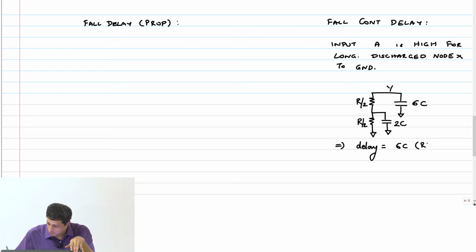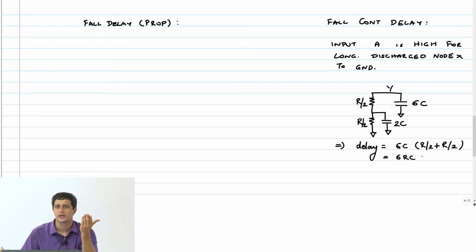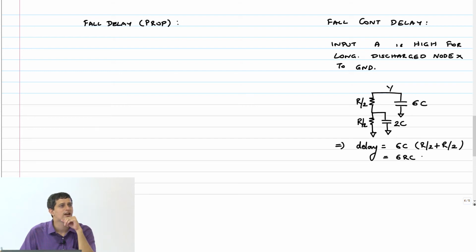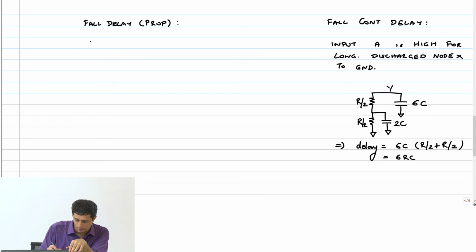And therefore the net delay will be 6C into R by 2 plus R by 2, which is 3RC. You apply the same thing that I gave in the quiz, initial condition where instead of 3 by 4 VDD, you make that ground. That capacitance term will just vanish, right? But the on-path resistances will still come for the other guys, correct? And therefore that becomes 3RC, okay?